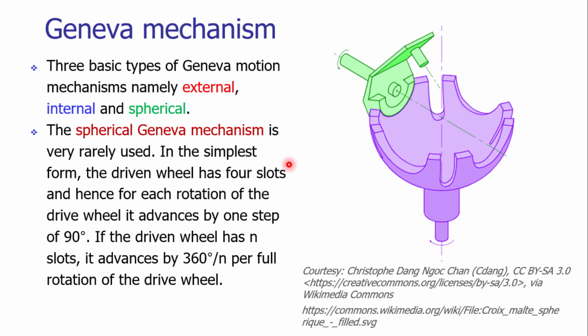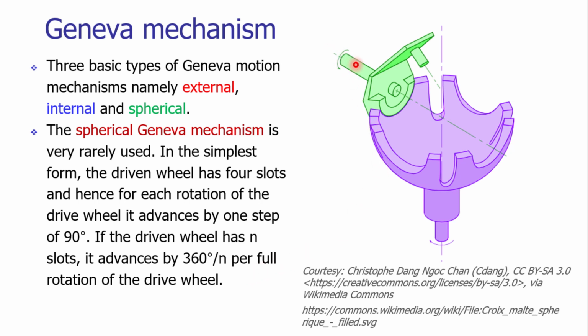In the simplest form, as we have seen, we can have a disc. The disc is cut into a peculiar shape with certain slots, and that will be engaged with another disc with a raised surface with a pin arrangement. The number of steps will decide the angle basically. Suppose you want to have 4 steps, naturally the angle of rotation would be around 90 degrees. The incremental rotation would be 90 degrees for the full rotation of the driving wheel.